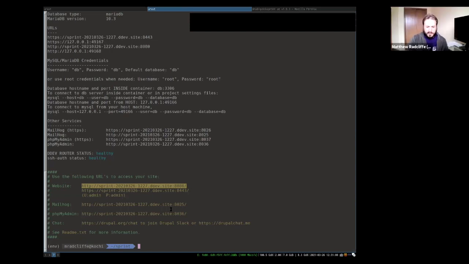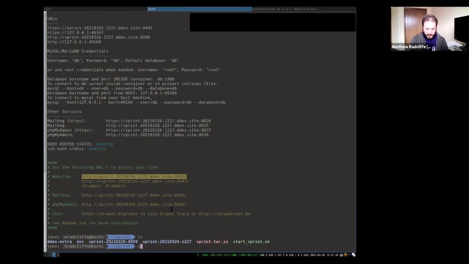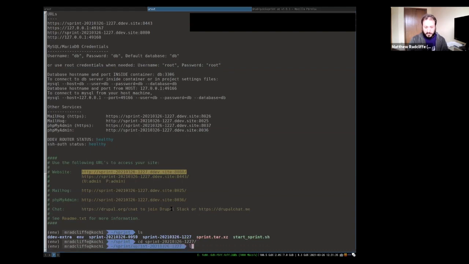So I think this might be slightly different. The DDEV config YAML that gets auto configured here in Quick Sprint already has... Okay, here's another thing before I get into that. We've run that start sprint, and so I'm still in this sprint directory. So I want to make sure I change into the specific environment.